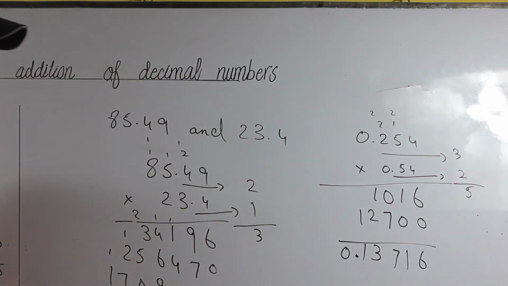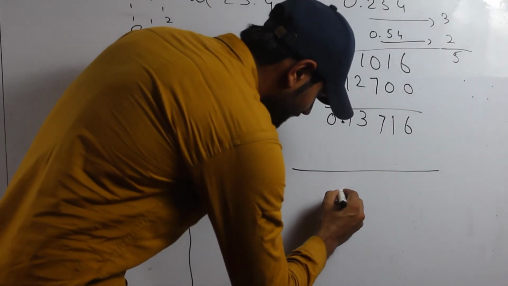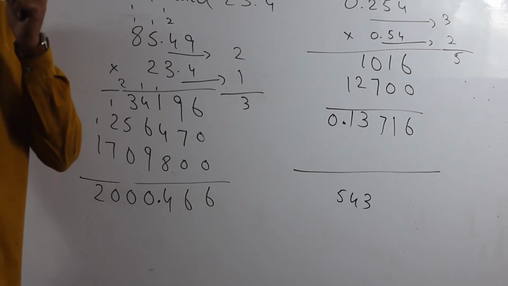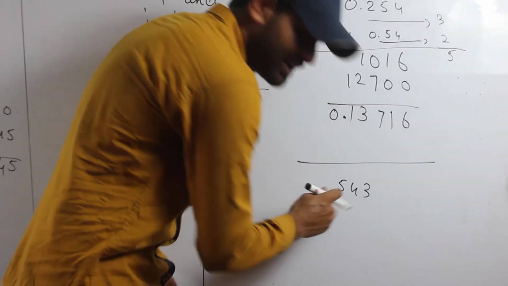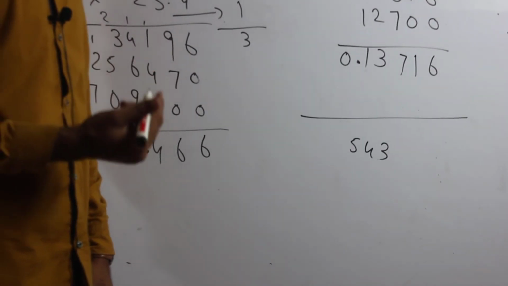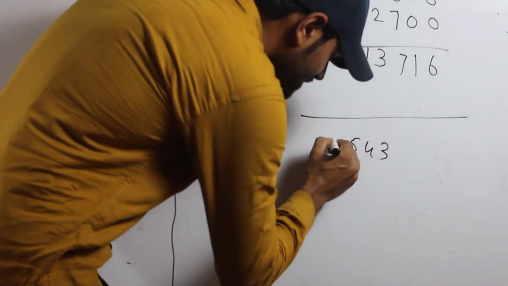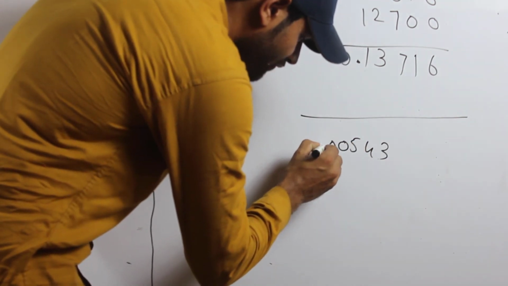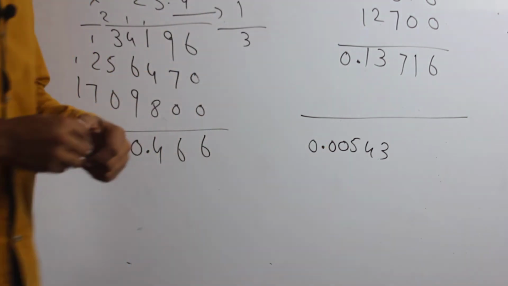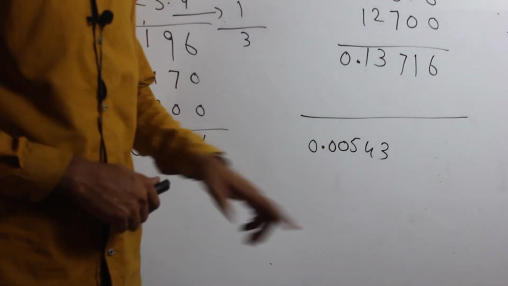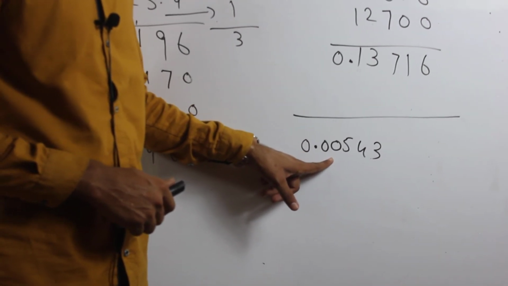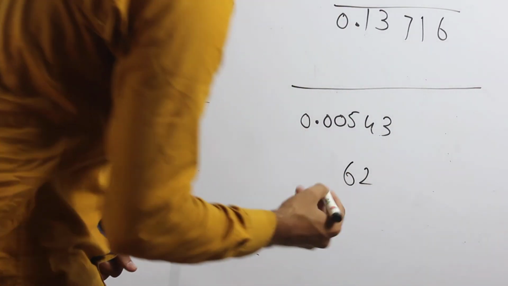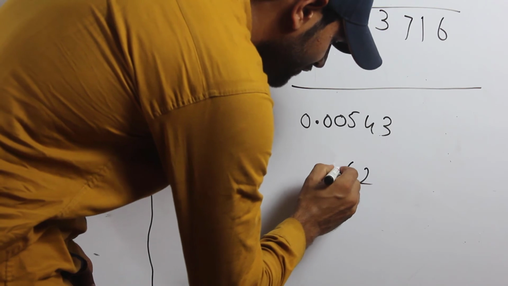I need to explain one thing. If I have an answer 5 4 3 and I use the point after 5 digits, so I count 1, 2, 3, but here I have only 3 digits. So how do I make 5? So I use zeros. These two zeros then convert it into 5 digits, 1, 2, 3, 4 and 5, then after 5 digits, the point. So if we have fewer digits than the point places, we add zeros to convert into 5 digits, or if you have 6 2 and you want to use 3 digits, 1, 2, then use 1 zero.